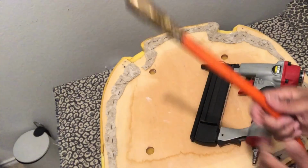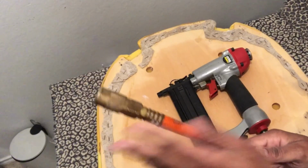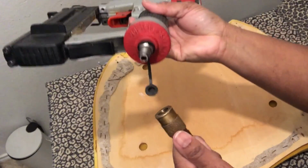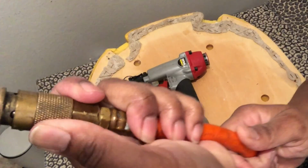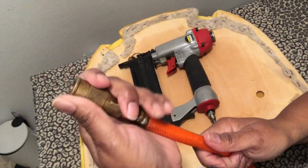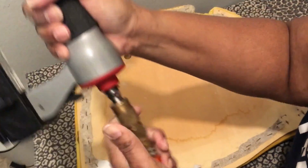Now this is the portion where the air gun comes into play, the pneumatic stapler, and this is the compressor hose, and it has a little tubing right here that makes it connect to the end of the gun. It doesn't just fit inside it. You have to pull it back. As you can see, you pull it back, and as you can hear, you hear that sound. So I don't have it pulled back enough. It takes a little force because this one is a pretty heavy duty air hose,